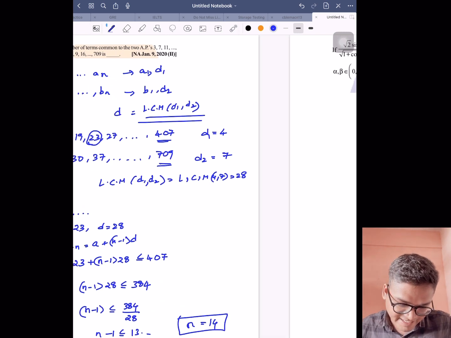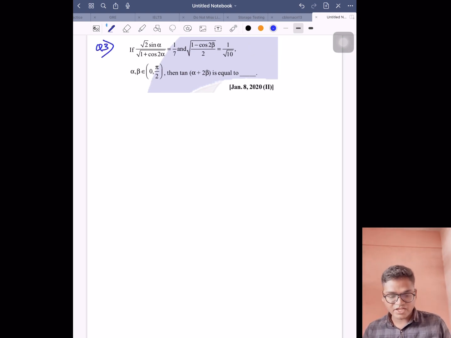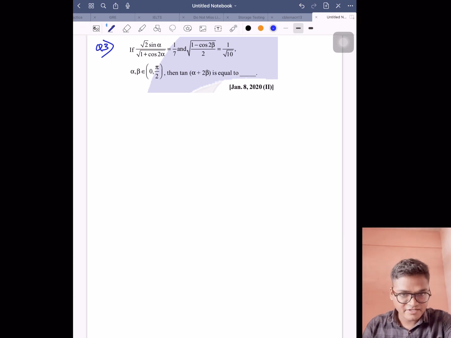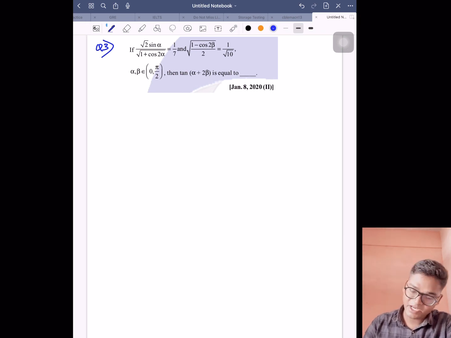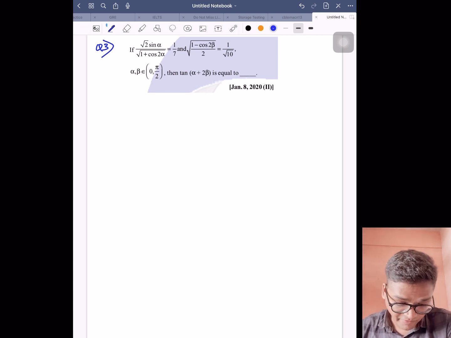So let's go to the next example. Question number 3. These are very easy questions, the mains level still, but they're very easy questions. All the mains questions are not difficult actually. Only one or two tricky, time consuming questions will be there, but remaining questions, if you are thorough with basics, you can easily solve this. So now this question, if you see it,